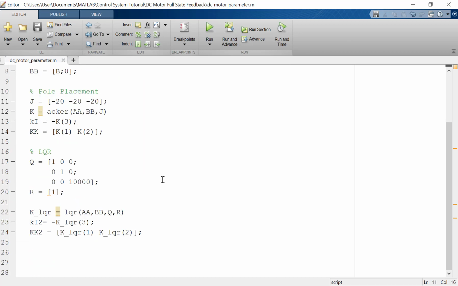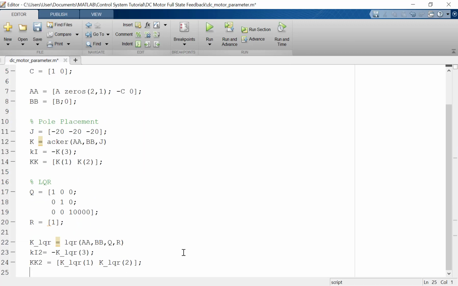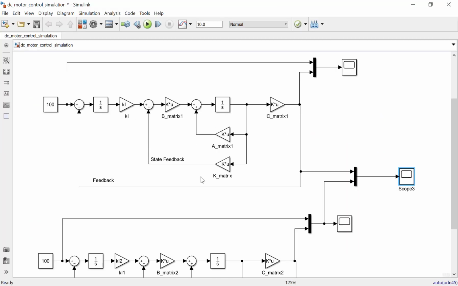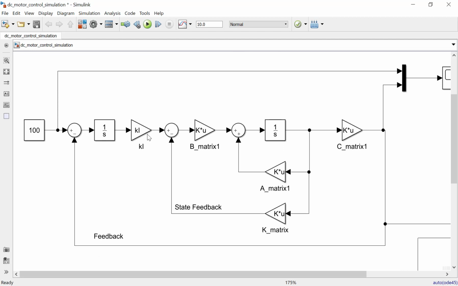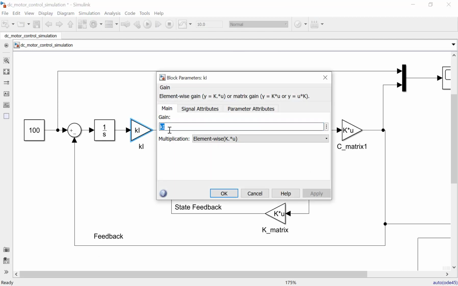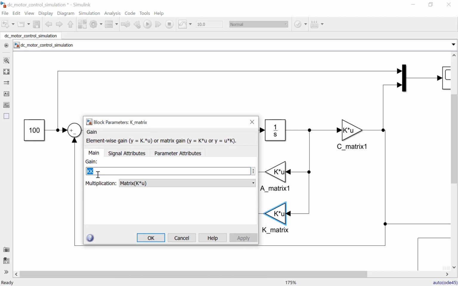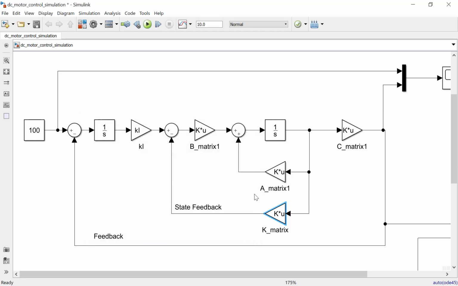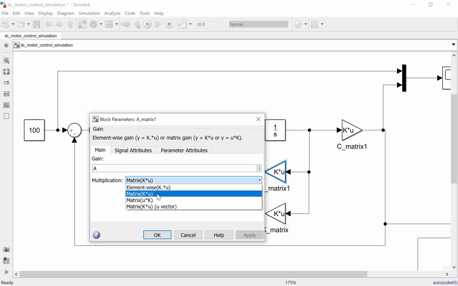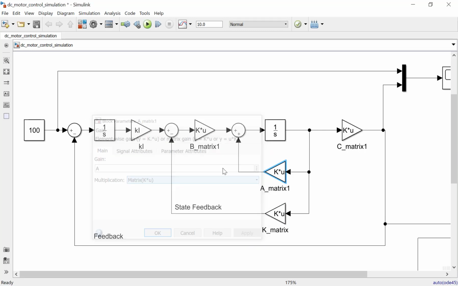If you want to make the simulation, you can write the code here. And this is the MATLAB Simulink. This is the K, the state feedback gain. Please choose this second option for the matrix gain. This also changes K times U here.